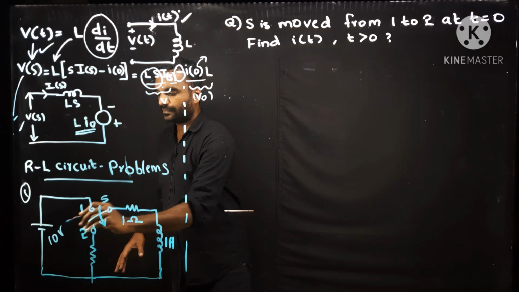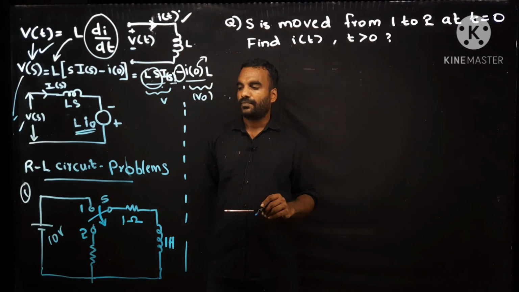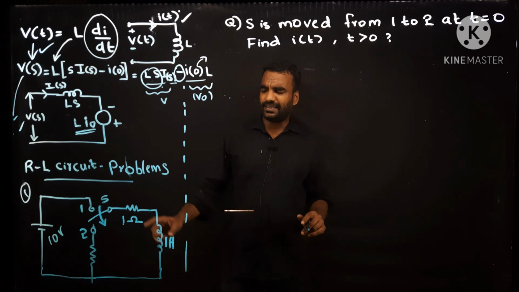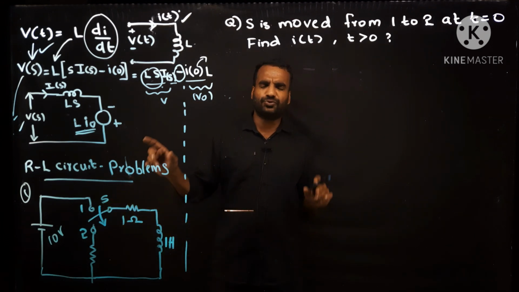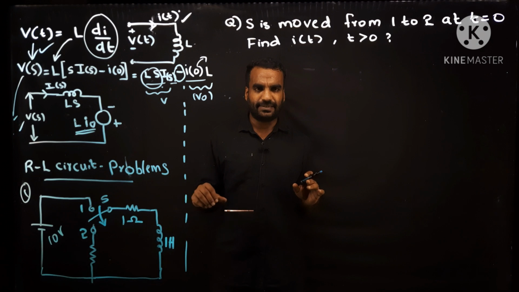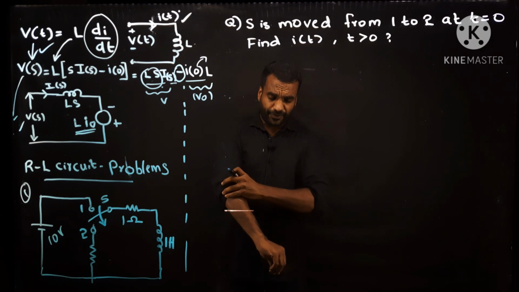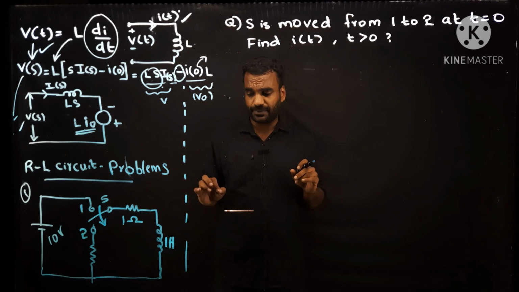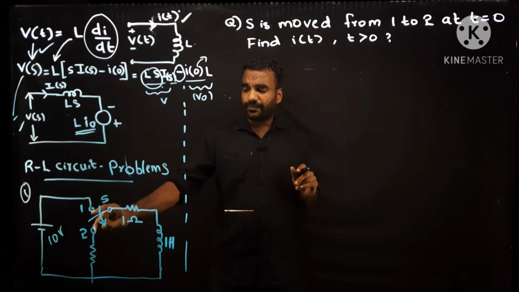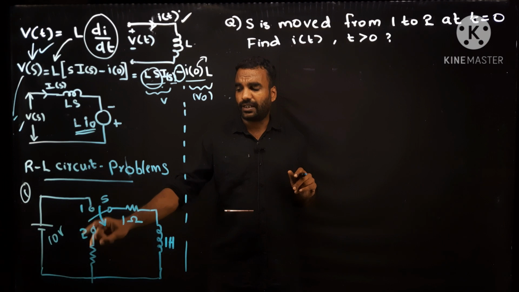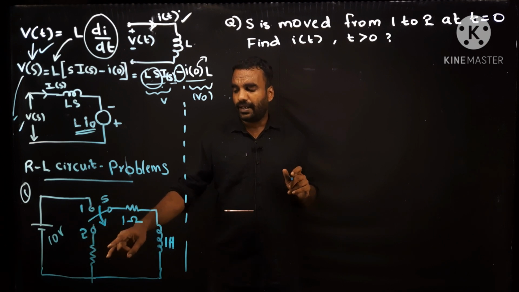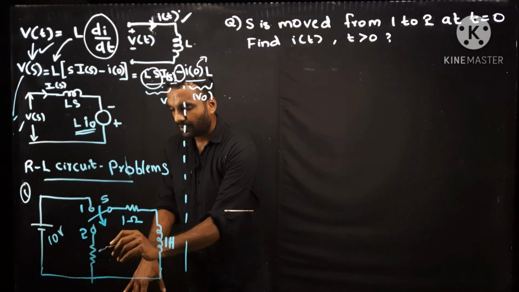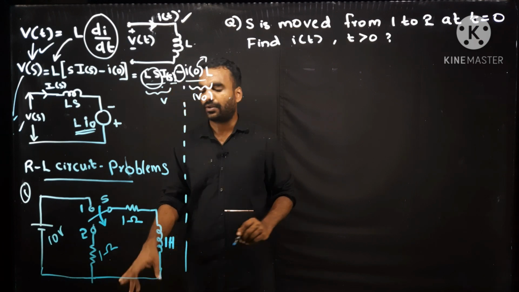This is 10 volt. So this is the circuit. In the circuit, you can see a switch, because generally switching problems are dealt with in such cases: RL circuit, RC circuit, frequency domain analysis. In all those things, we are generally discussing switching problems. So the switch has two positions, position 1 and position 2. And here also a 1 ohm resistor is there. 1 ohm, 1 ohm, 1 Henry.